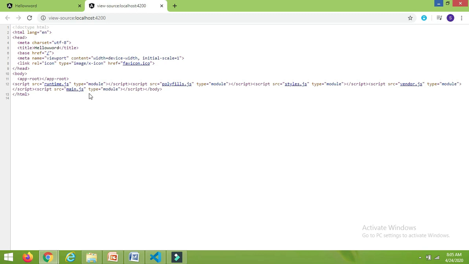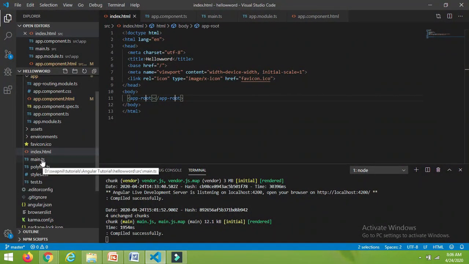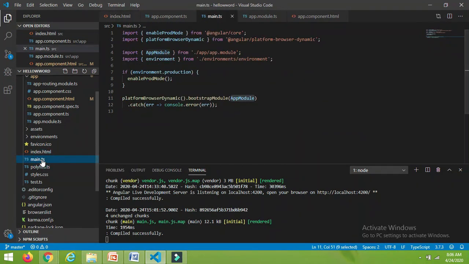Here you can find one script file called main.js. In our TypeScript code, this file is main.ts. Just open main.ts. This will be the entry point for this application.